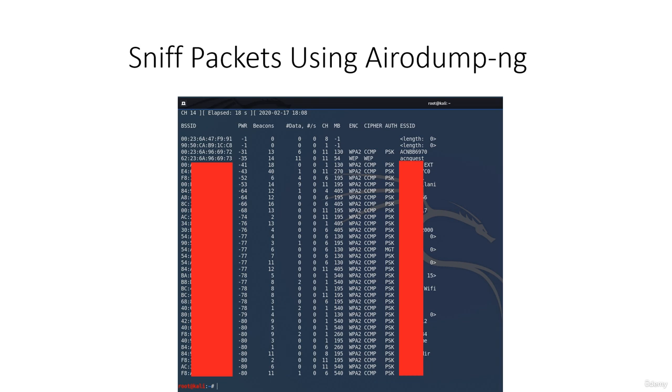So let's talk about what this is. ESSID is the name of the wireless networks that are around us. So this is the wireless name. BSSID is the MAC address of the target network. PWR is the signal strength of the network. So a higher value means we have a better signal. As you can see, the signal is very